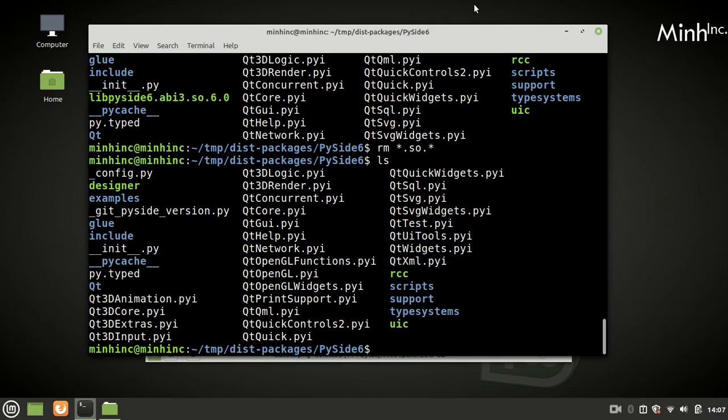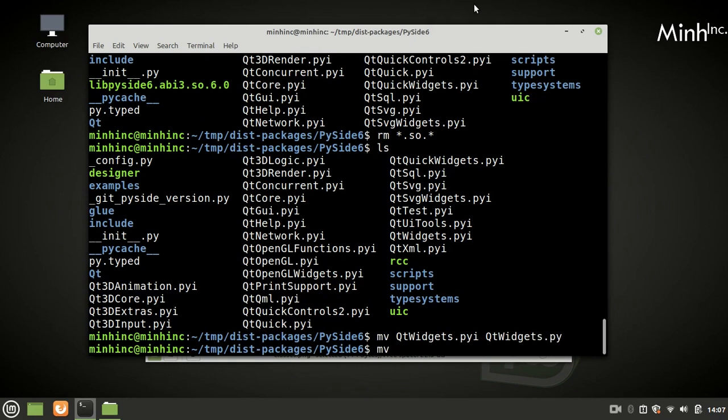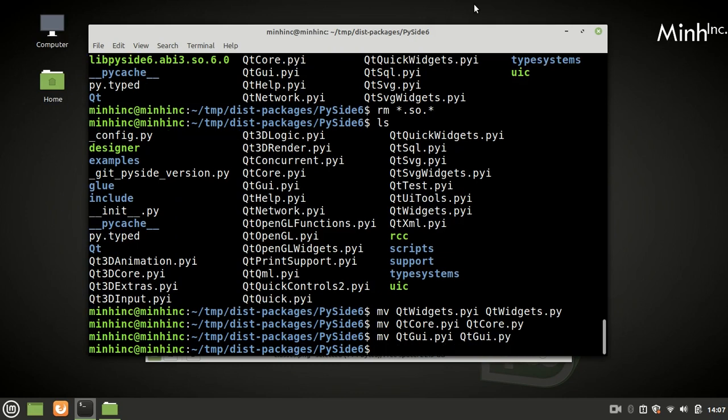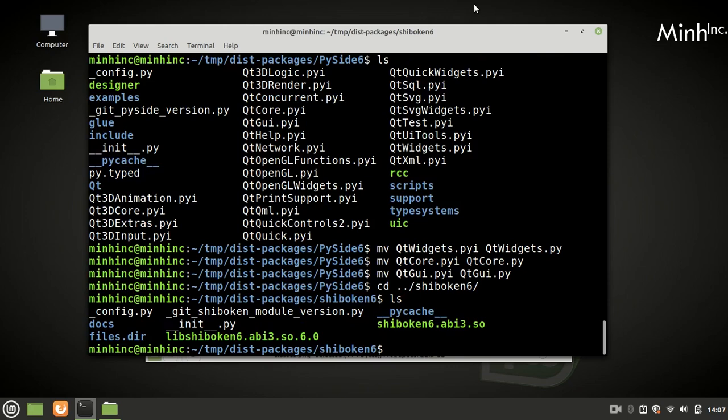Now this pyi file is a problem because we need only py. So we would rename some files that we need. Three files we would rename because these are the most used files, and I don't know if in Shiboken we need to do something.